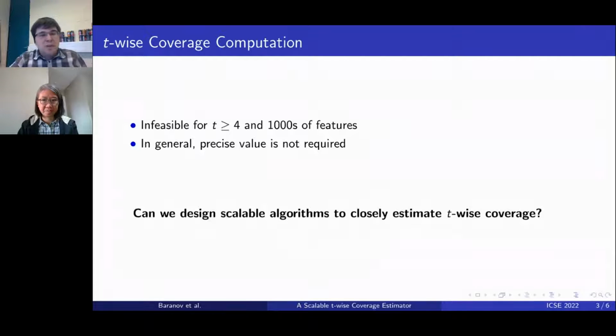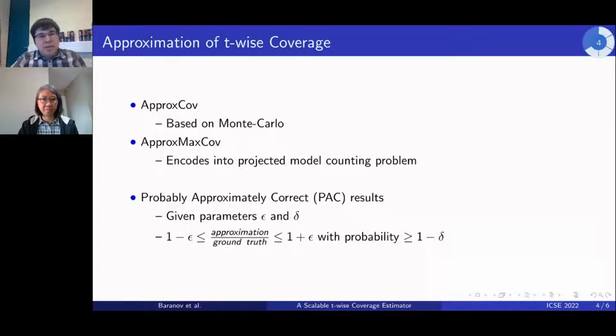Some reasonable approximation would be fine in many cases. So our question is, can we design a scalable algorithm to estimate the T-wise coverage? And the answer of this work is yes. In particular, we provide two algorithms that approximate these two numbers needed to compute the ratio needed to compute this